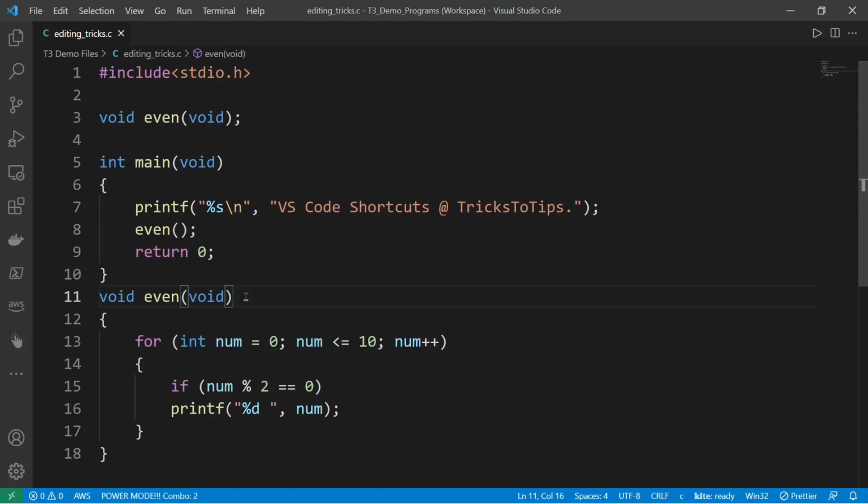One more shortcut is Control K and then C and U. Press simultaneously. That is,